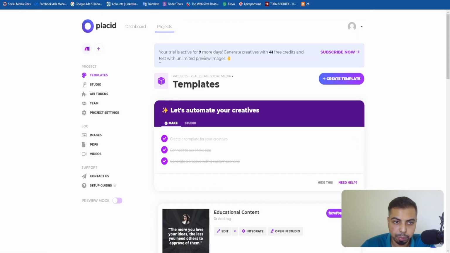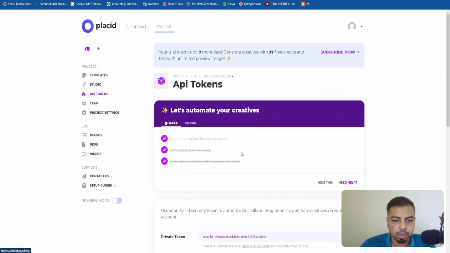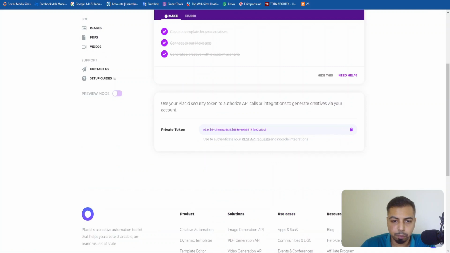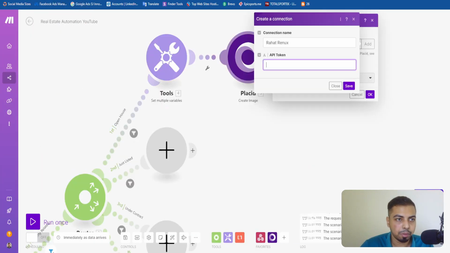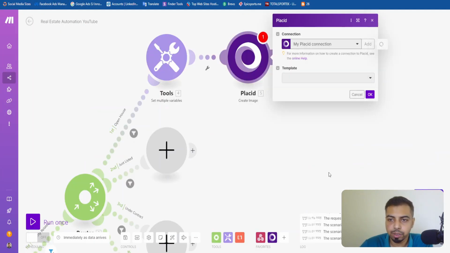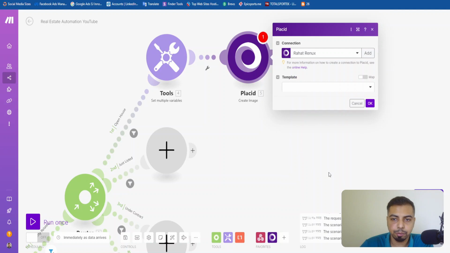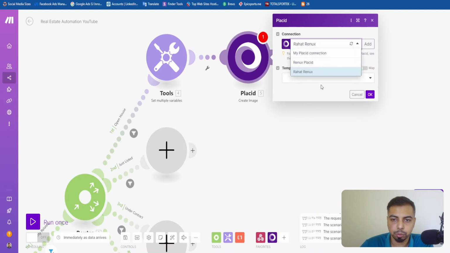For example, this is my Placid account, and from there you have to go to the API tokens. Then you can copy this API key, which is my Placid API key. Just copy it and then paste it here. Click on save, and it will automatically get verified. As you can see, it automatically got verified, and then you just have to select the right template that you